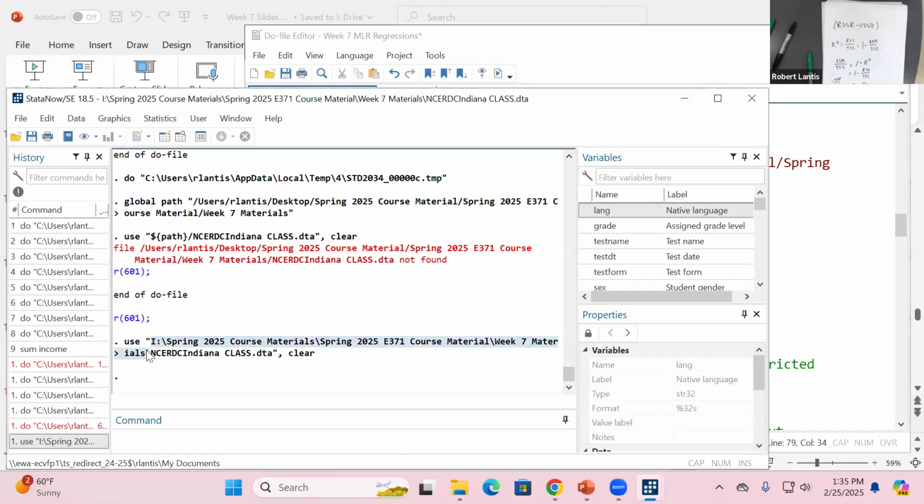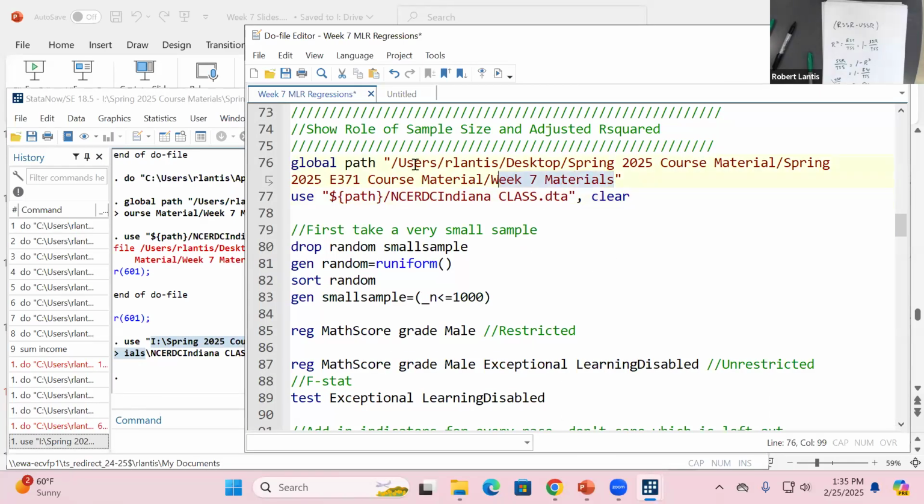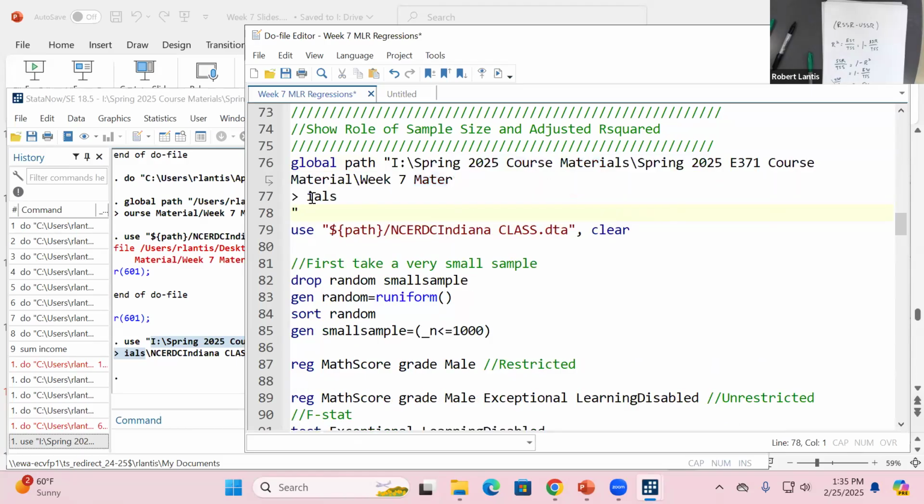Let me get this for next class to make sure I've got the right global. I forgot to update this. So my new folder is